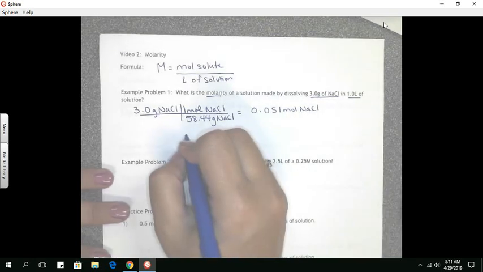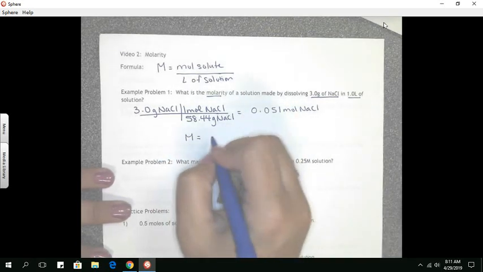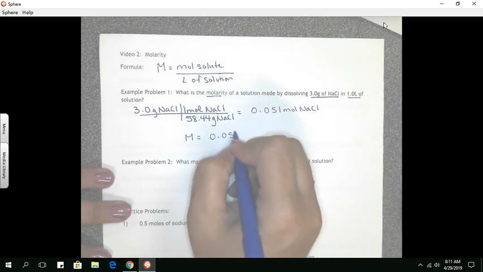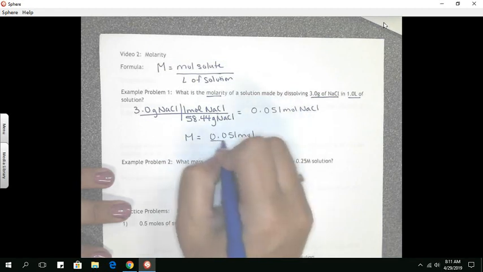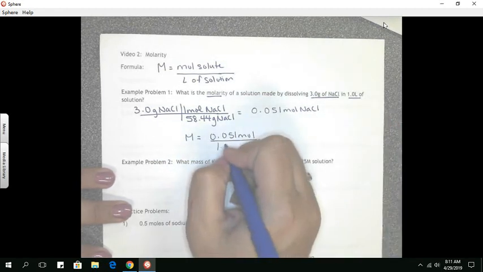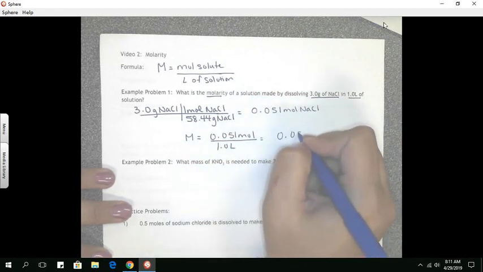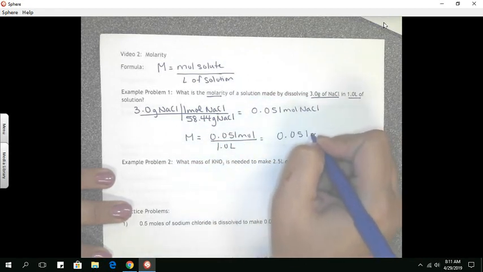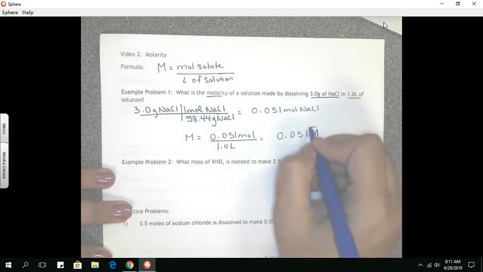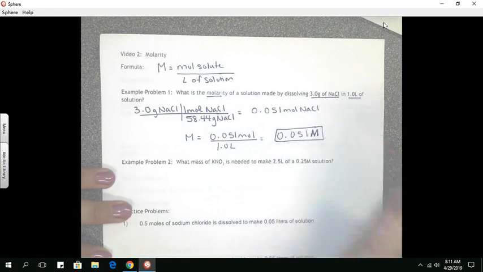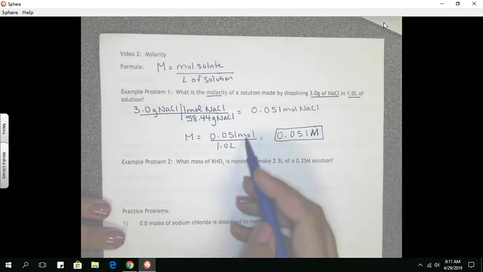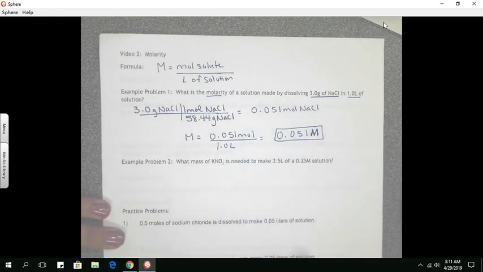And then for our molarity calculation, we plug in our moles, 0.051 moles, divide by our liter of solution, and we get that our molarity is 0.051, and we use this capital M for our unit. You can also use moles per liter, since that's what we have, but the capital M also means moles per